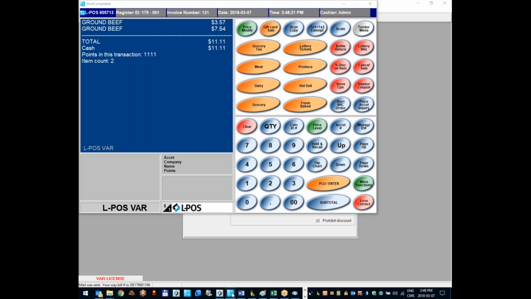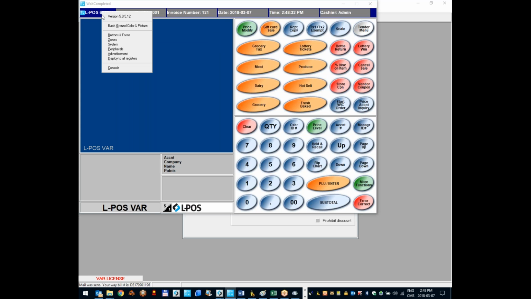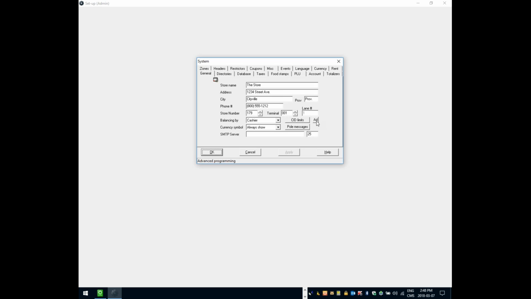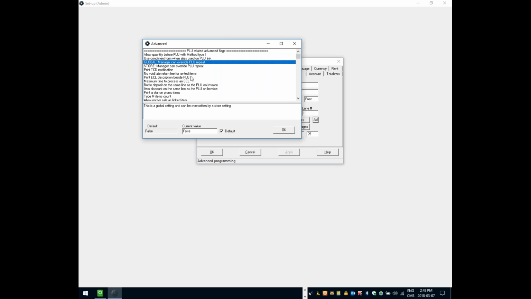And now if I sell the product, there's one other flag to set for that. I'm sorry, I don't know why it's not on by default. It should be on by default, but out of the box for some reason it's not on. We're just gonna go turn that flag on real quick here in system. There's a little AD button for advanced programming, advanced settings. It's really rare you're gonna have to go in there, but this is one of these occasions. If you click there, there's a bunch of little behavioral flags. I would not recommend you to touch anything in there other than by recommendation of our staff, but one of them is show weight